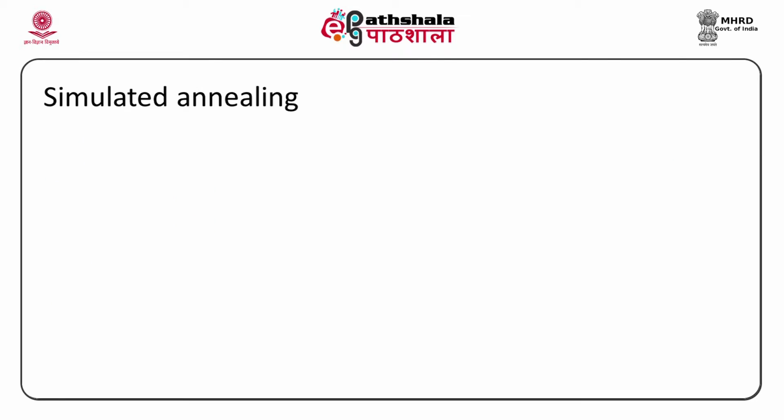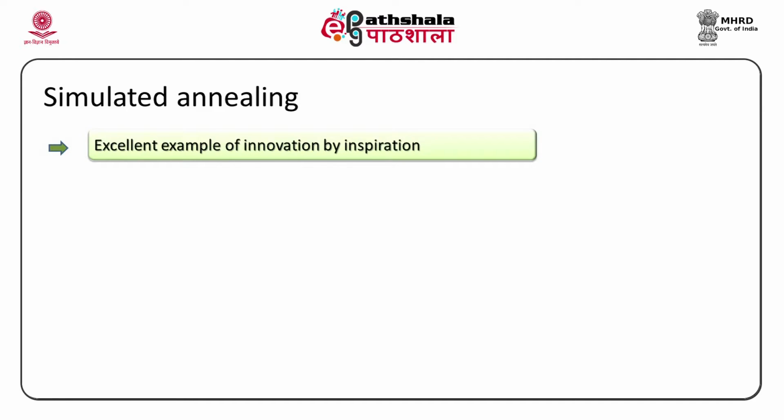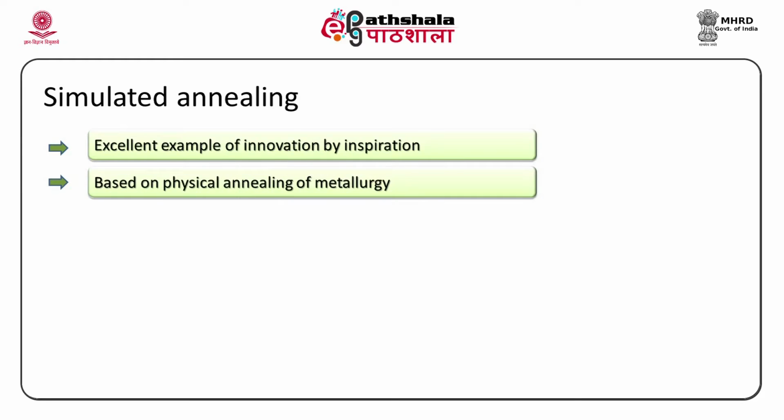I have already told you, the other one which is quite powerful is called simulated annealing. It is an excellent example of how one can innovate from some other domain. This basically is derived from an area which is quite unrelated to artificial intelligence, called metallurgy. It is one engineering discipline actually. What does that do? Physical annealing process allows the metal to cool down and reach a stable state, and it is found that the process of cooling down has a serious impact on the